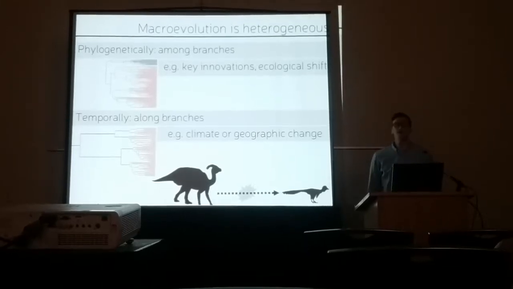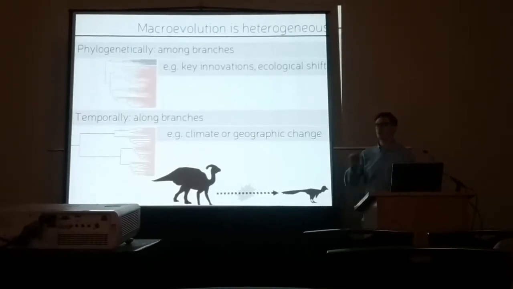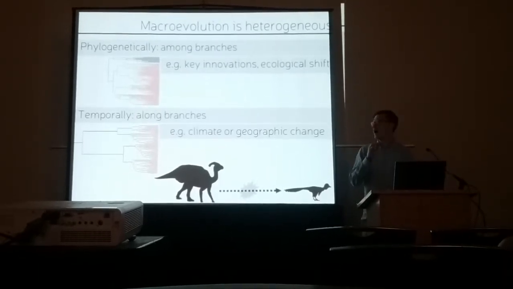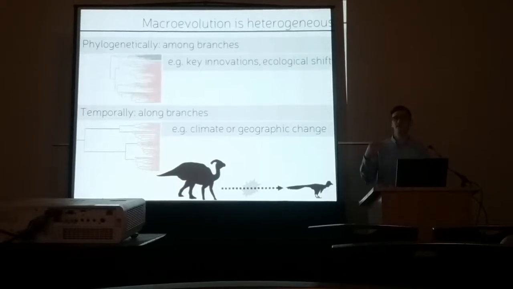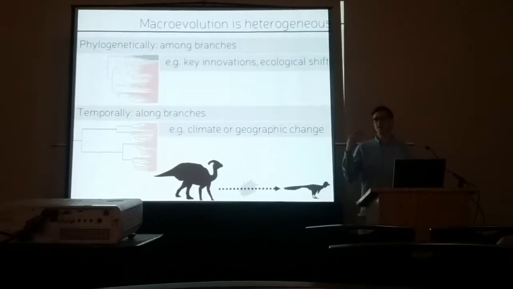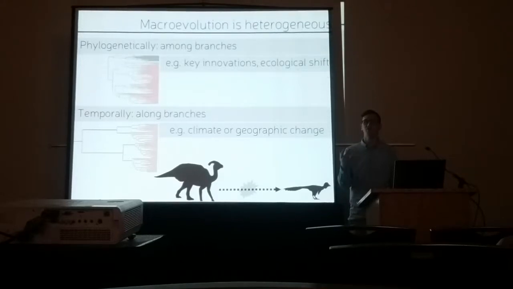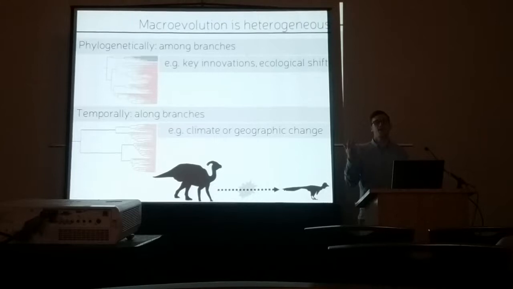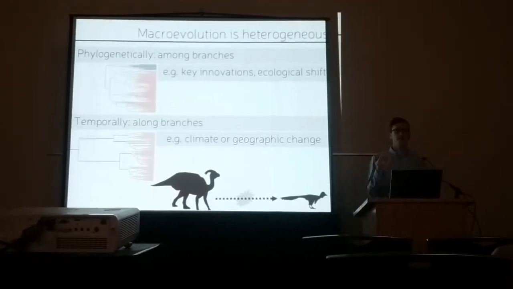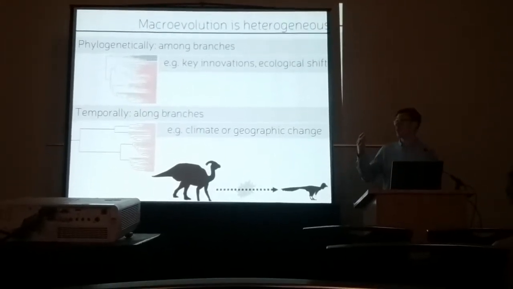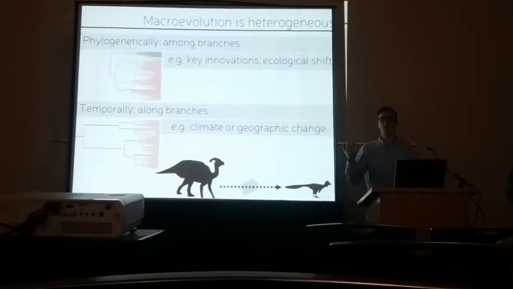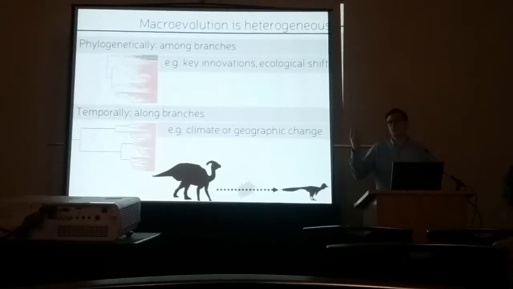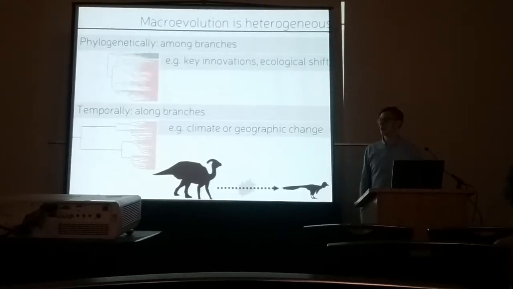Traditional models of macroevolution, or at least null models, have assumed a linear accumulation of species. And the more macroevolutionary studies that come out, the more we realize that the diversification process is really heterogeneous. We notice this in a few really obvious ways. The first is phylogenetic fashion. Species imbalances are really obvious across the tree of life, and this is attributable to things like key innovations or ecological shifts across the tree and in specific phylogenetic groups.